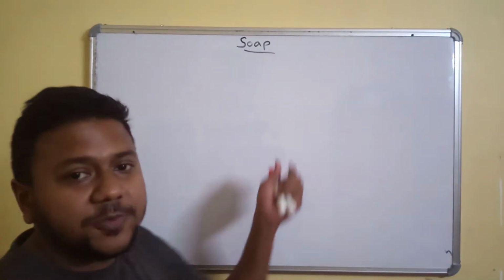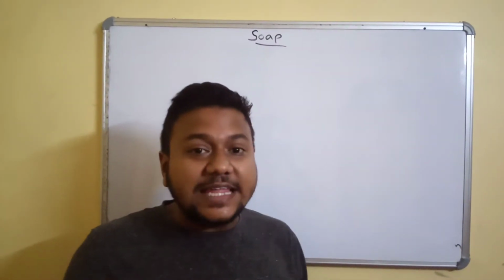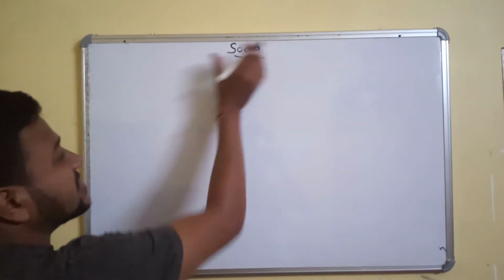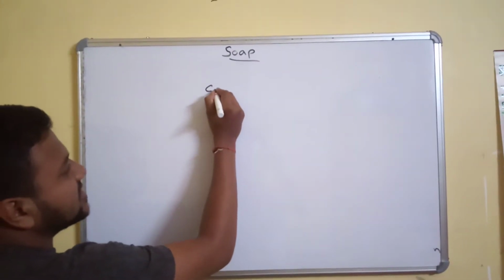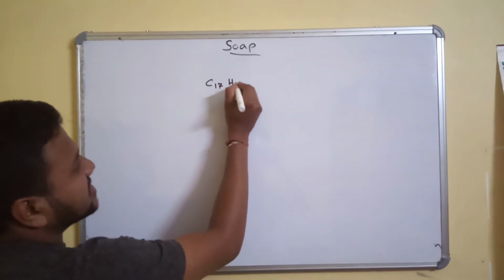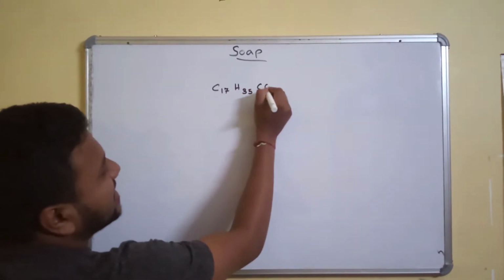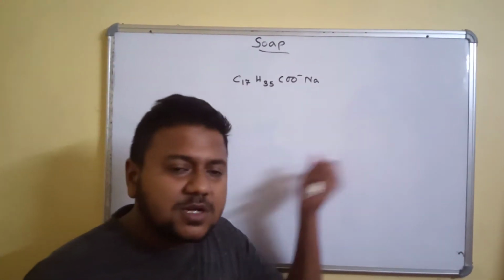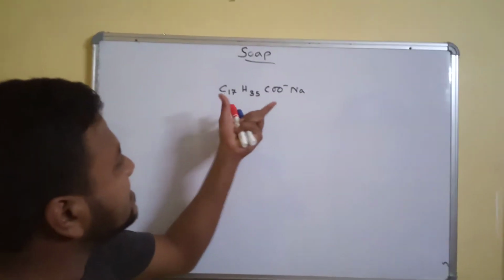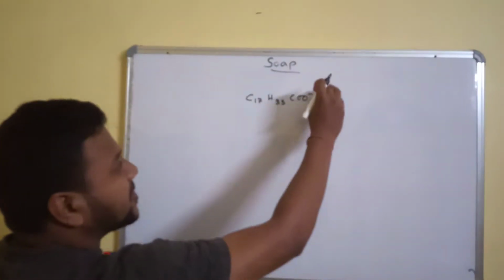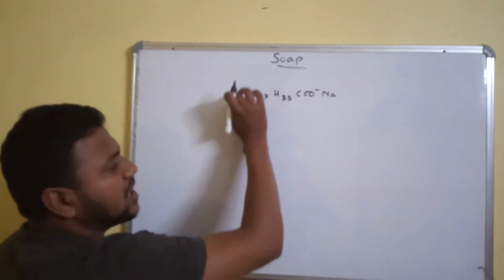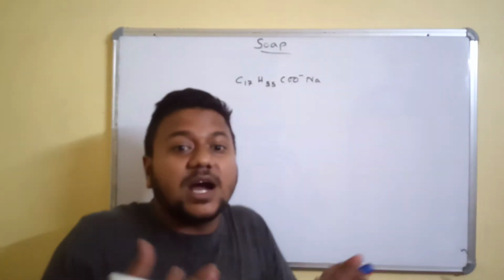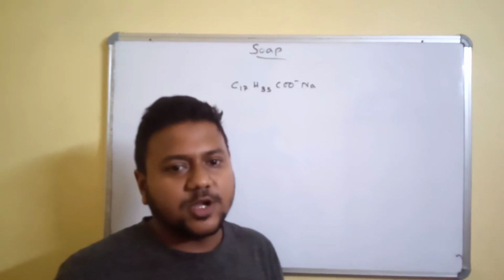As we know, a soap is a chemical compound that helps us clean all the dirt molecules that are present in our body. A soap molecule has a chemical formula which is a quite large sodium salt. In this sodium salt we have a particular ionic part and a particular hydrocarbon part. We have to understand this part very clearly if we want to understand the cleansing property of soap.